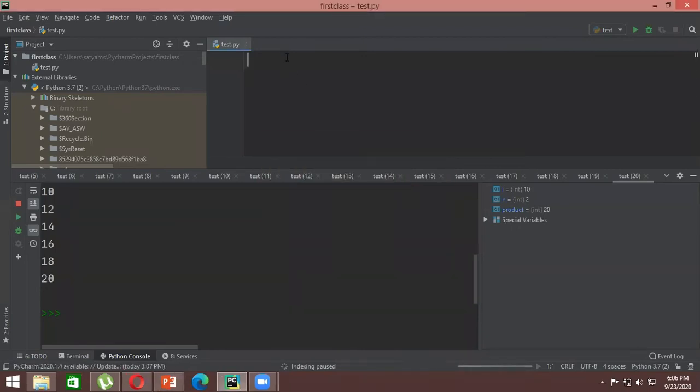So we know that whenever we write a table, we write it in this way, right? 2 times 1 is equal to 2, and then 2 times 2 will be equal to 4. In a similar way, we see this remains common. The first number here, that is 2, remains constant because that's the table of 2. The only thing changing is the number with which we are multiplying it, like 1 times, 2 times, 3 times, 4 times, and consequently the output as well, like 2, 4, 6, 8, 10.